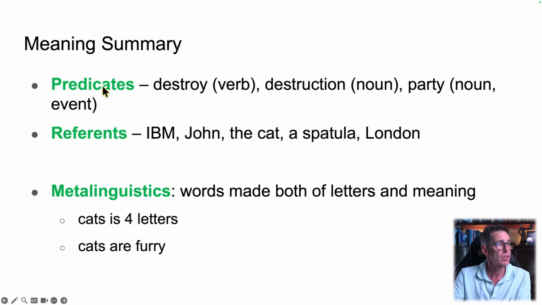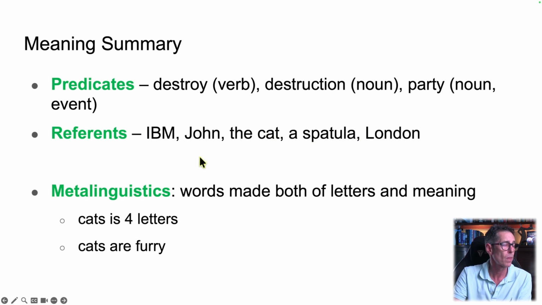So we start with these predicates, such as destroy being a verb, destruction being a noun, and party also being a predicate. It's an event, but that's also a noun. And then we've got reference or things. Things are much easier to talk about than nouns because nouns are both. So we've got IBM, John, the cat, a spatula, London. These are all noun phrases where spatula, cat, John, that's the nucleus, the main information packaged up in a reference